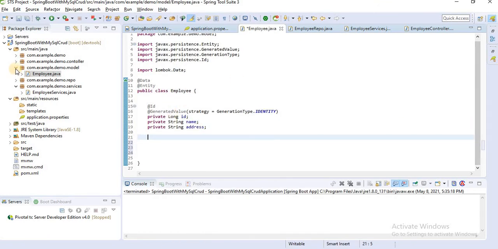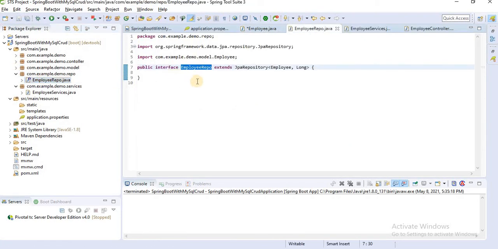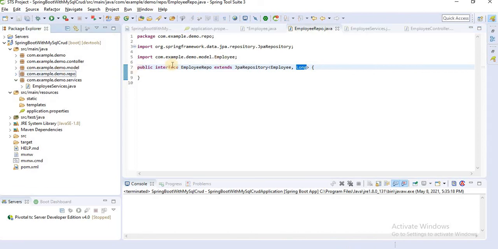So we have done the model class, then we create a repository. A repository is responsible for giving all the predefined methods that are present in a Hibernate JPA repository. For that we have to pass our model class and its unique ID type. We have done that also.